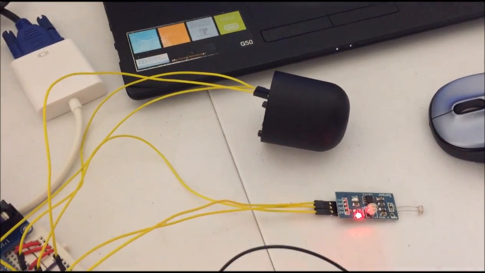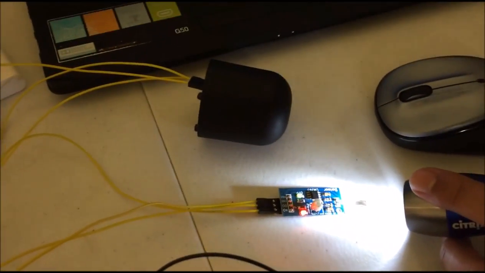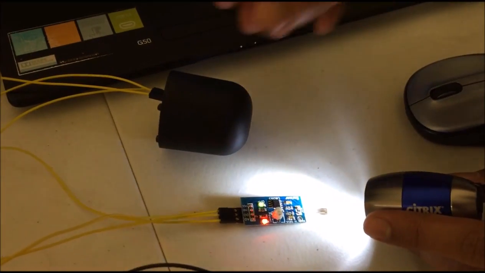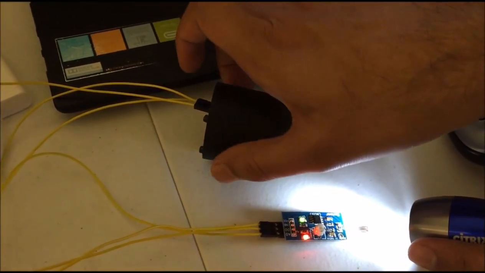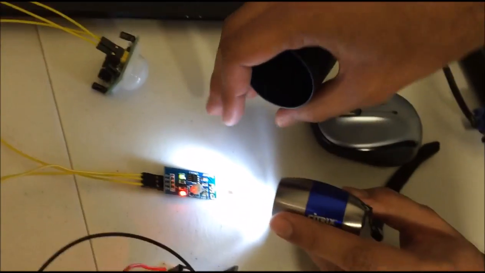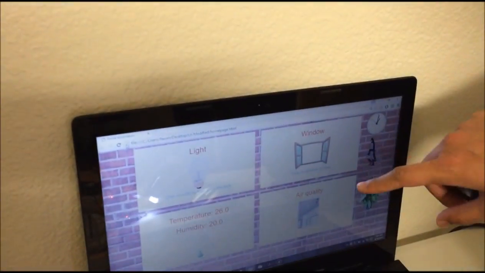Now if I provide a light source, then it will be daytime, and now I will be triggering the motion. The motion sensor will detect the motion now. The window has now opened. You can see the status of the window is open.